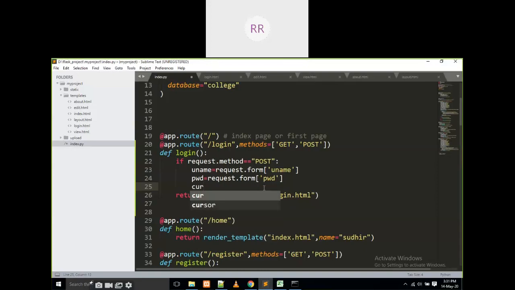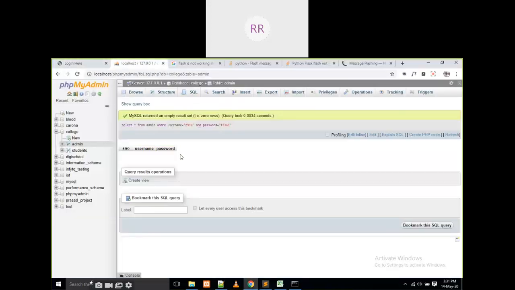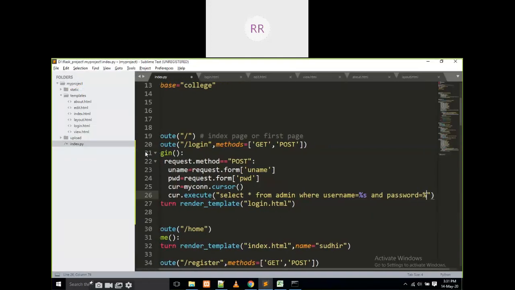First of all, I am going to write the database connection. My cursor is equal to my connection dot cursor of, then cur dot execute of, what I have to write: select star from the admin table, not the students table, where username, the name in the database, all small, username is equal to percent s, and password is equal to percent s.